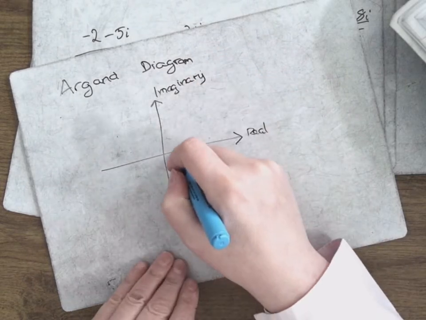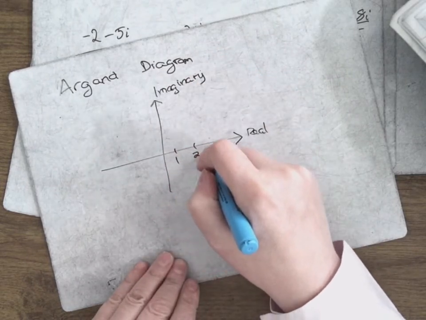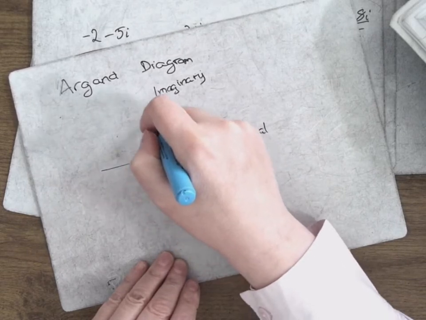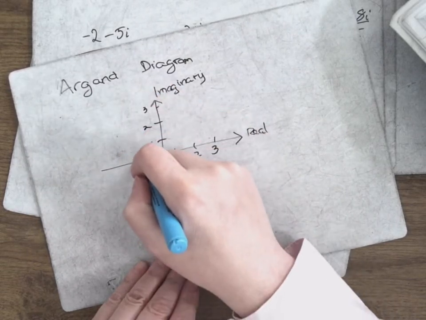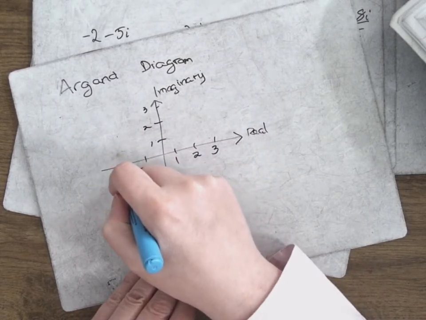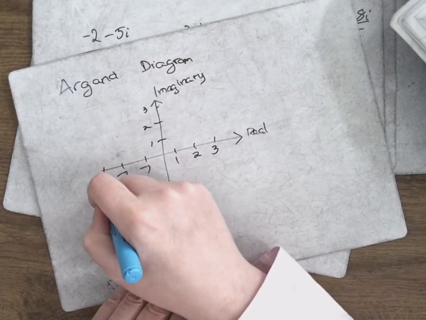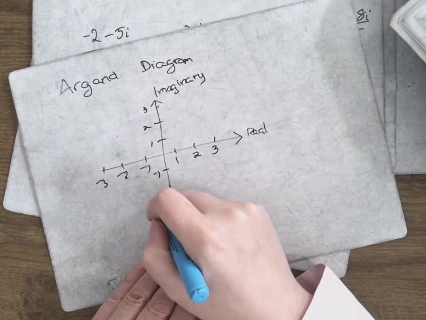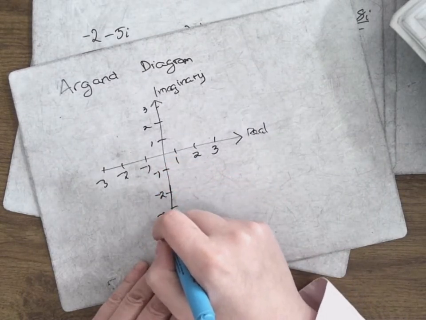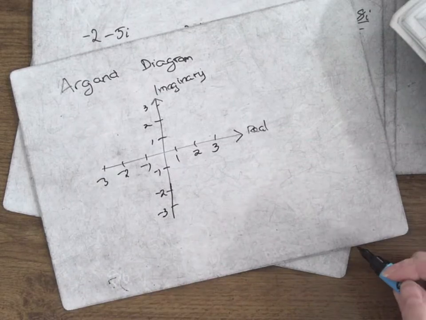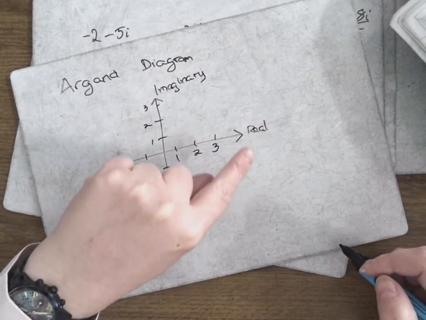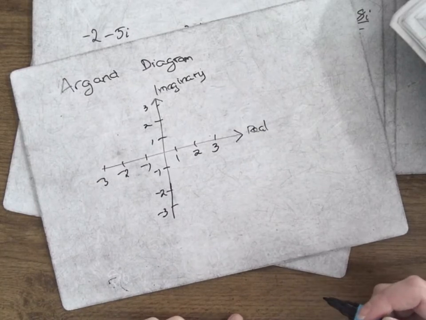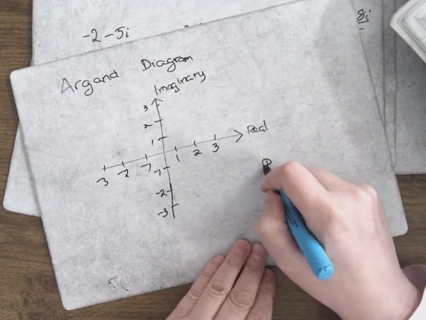And I still have my scales 1, 2, 3, 1, 2, 3, minus 1, minus 2, minus 3, and minus 1, minus 2, and minus 3. Okay, is that alright? So the scales are still the same, except I don't call them x and y anymore, I call them real and imaginary. Okay? So if I wanted to plot